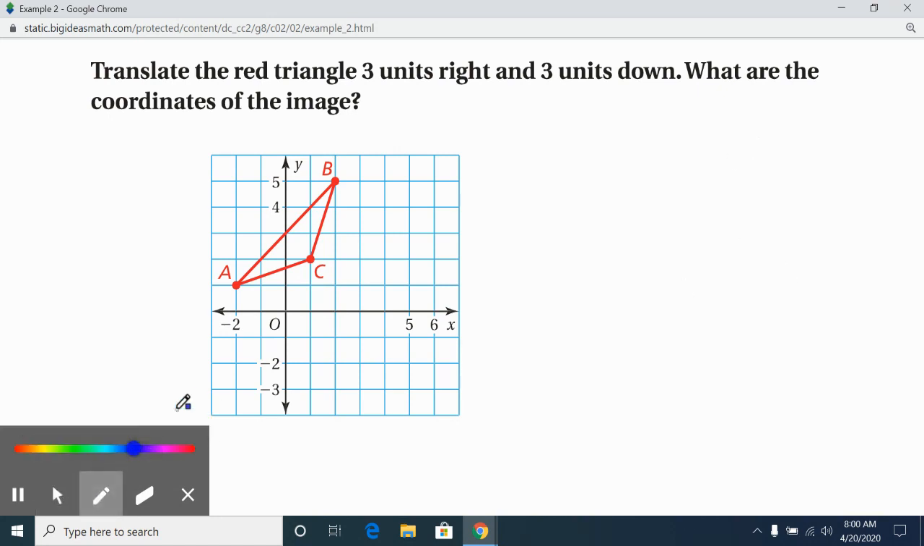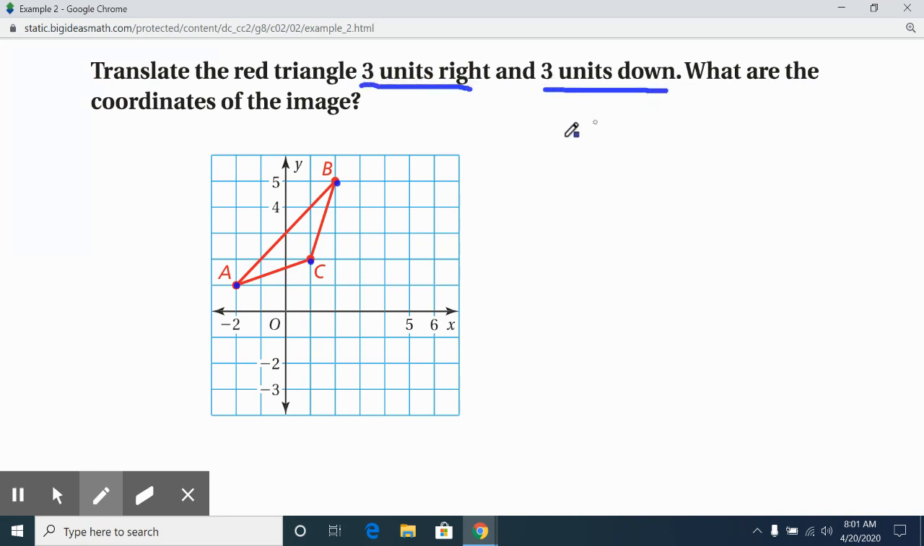All right, so it says translate the red triangle 3 units right and 3 units down. What are the coordinates of the image, okay? So first thing, one way we can do this is take each of our original vertices and move them 3 units right and 3 units down, okay? So I'm going to try and draw this best I can, but 3 units right. So 1, 2, and 3, and then 3 units down. 1, 2, and 3. Here's my new A coordinate or vertex,